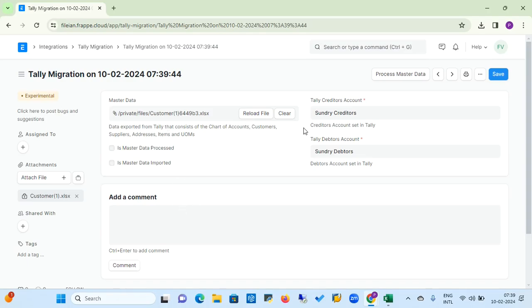So the process is again the same. You can process the master data, and by default the current status is experimental, but once you process the data, it will get imported automatically into your chart of accounts, and you can add the data easily from Tally to the ERPNext application. You just need to attach the template of your sundry debtors and creditors master data,